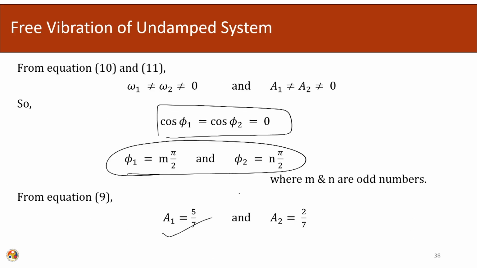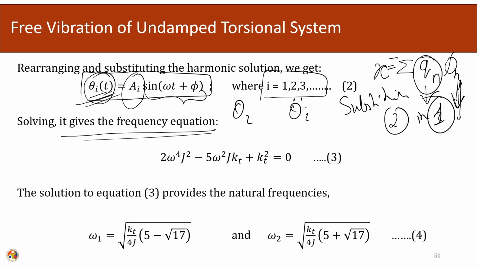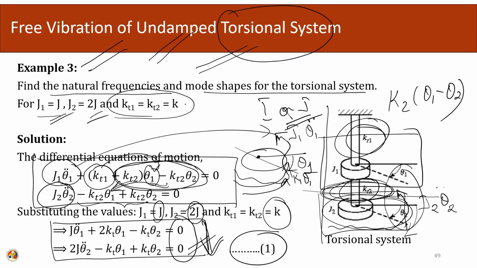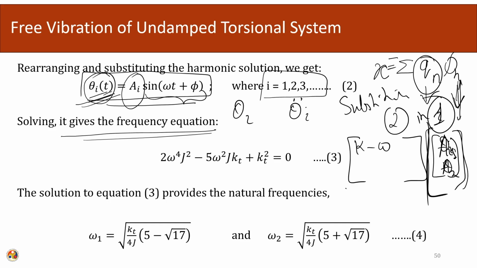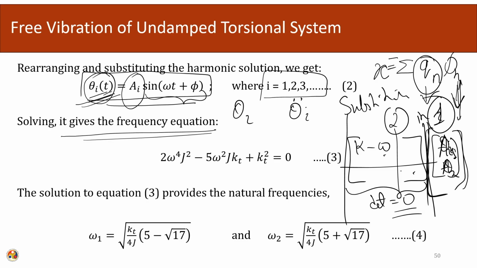So, the same analogy we are using here for the torsional system also. We are substituting the value of theta and theta double dot in this particular equation. After that, we will get a matrix of k and omega multiplied by theta, and then we will substitute back, so we will get the values of ai. So, there will be a1, a2. Since a1 and a2 cannot be 0, otherwise there will be no motion in the system, we say that the determinant of this part is 0 for the non-trivial solution. And when we evaluate the determinant of this system,